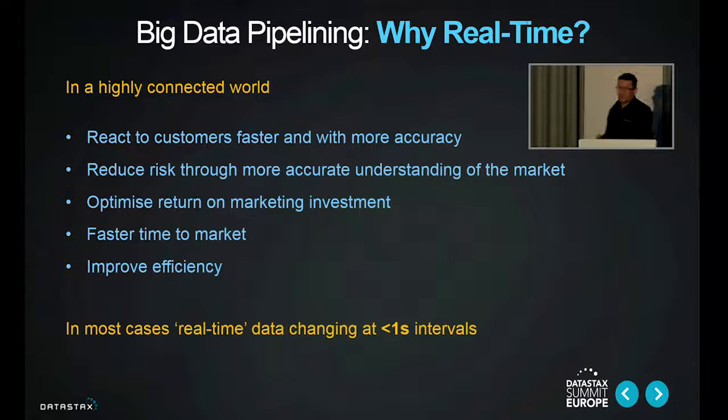In the same way, businesses want to be able to reduce business risk by understanding exactly what it is that their market wants. You know, what particular demographics like which particular products, or what particular age groups, for example, so that you can specifically target products based on a thorough understanding of your target market. Marketing budgets can typically be hundreds of millions of dollars, so if you're spending that kind of money, you want to ensure that you're spending that money where you know it's going to be most effective, so that you're targeting exactly the people and the products you need.